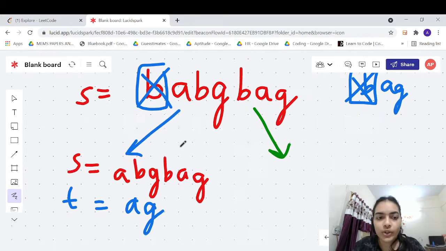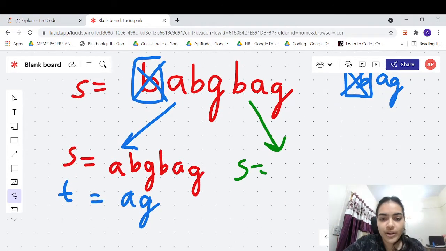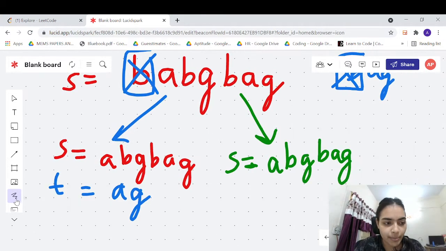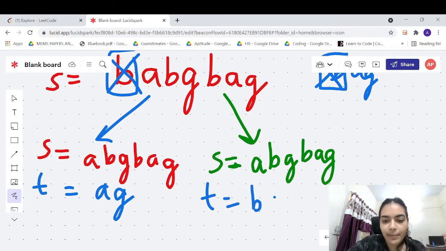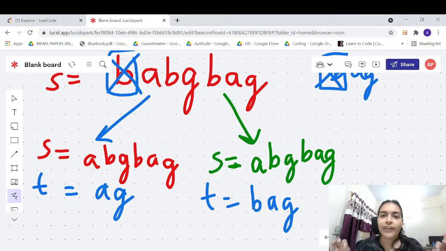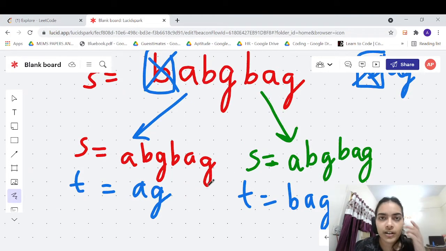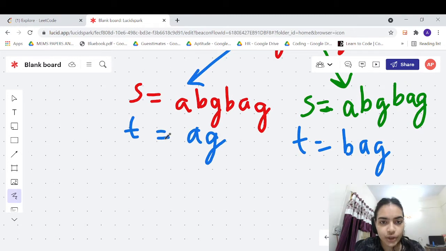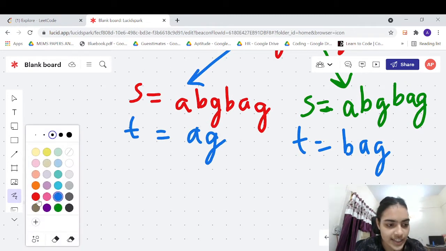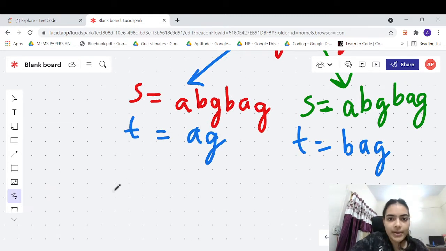It is your choice. If you don't want to take the first B, then also you can continue with the remaining part of the string. So let's say we continue with the remaining string. We still have to make bag, but we have fewer characters. We can still make bag. So there are two choices at every step. Once we draw the entire recursion flowchart, it will be much clearer. Now we have two choices, and for each of the two choices, we again have two choices. Let's list them down. Now the problem is reduced to this.